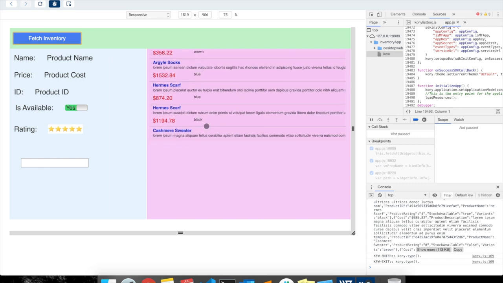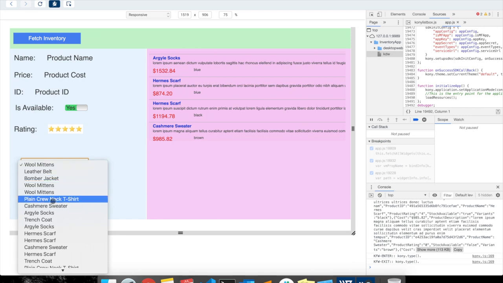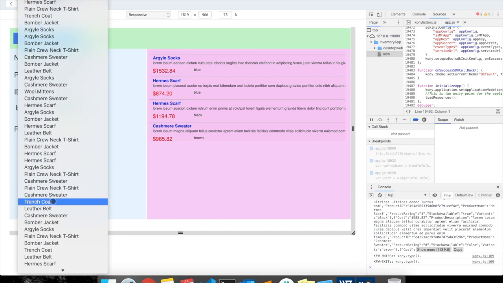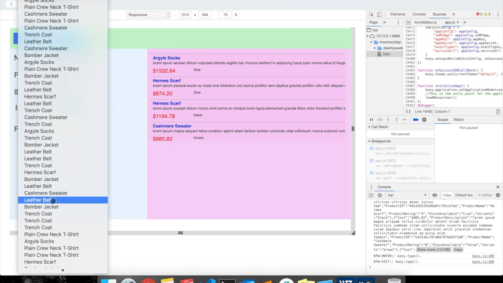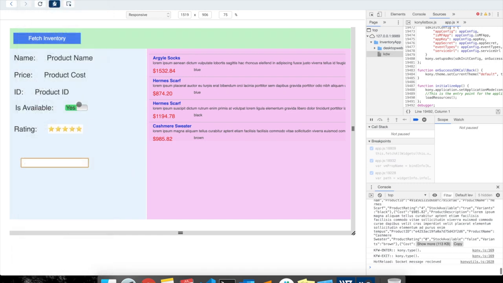If you see here, all the data of the segmented UI is filled with the products, and all the product items are shown or filled inside the list box. Okay,